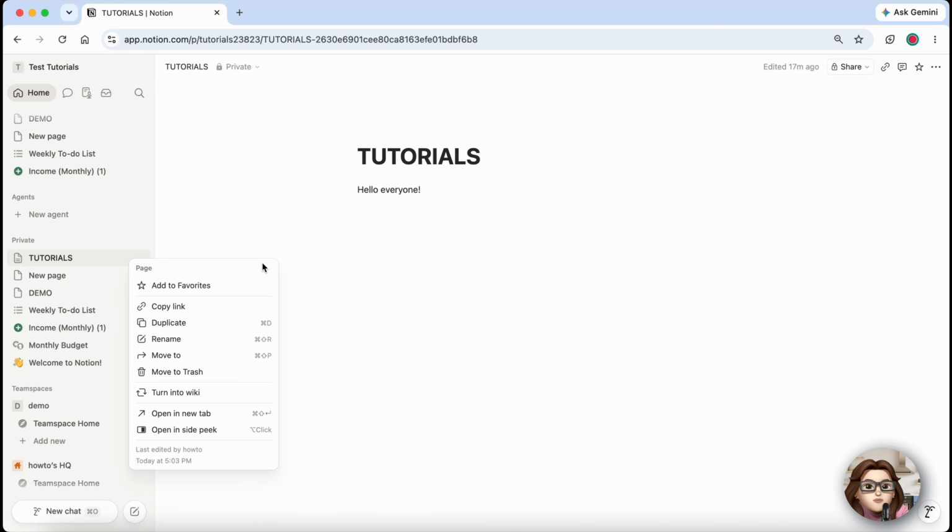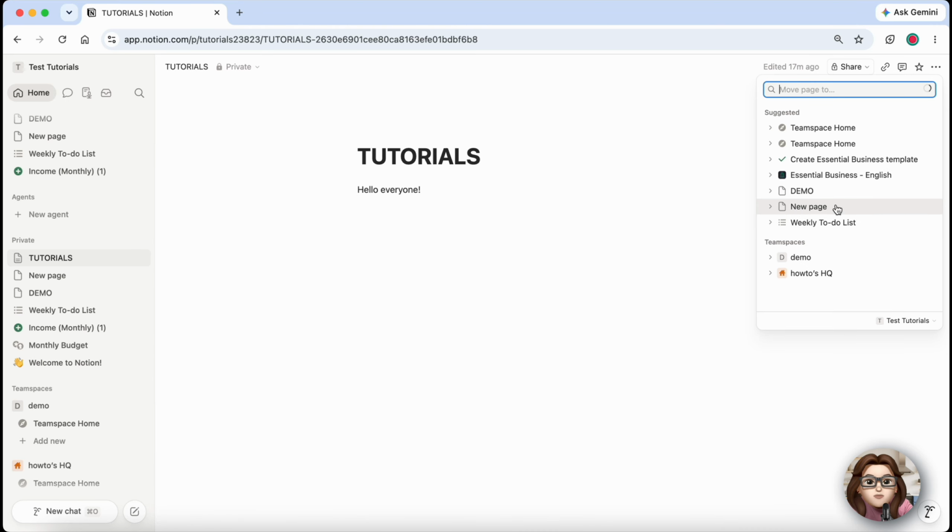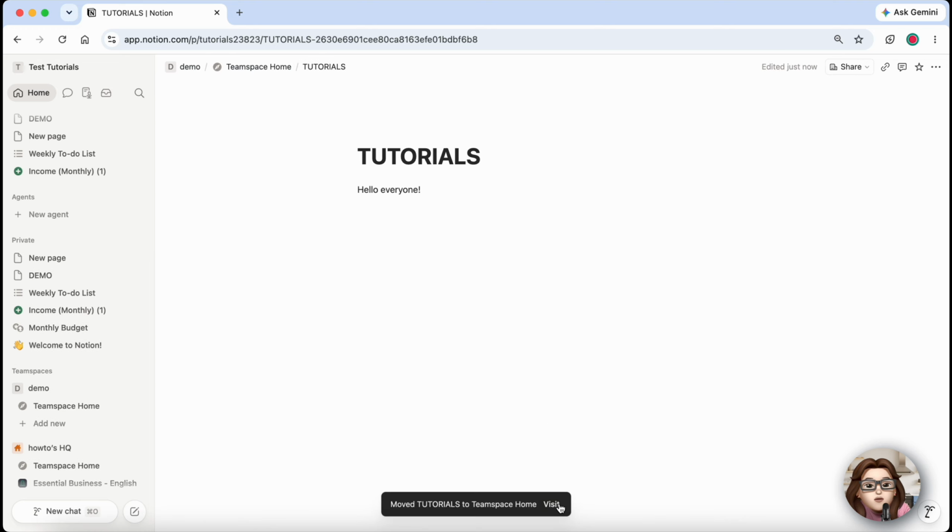Click the three-dot menu in the top right corner of the page, then select Move To. A menu will appear showing your available pages and workspaces. If you're a member of multiple workspaces, scroll through the list and select the destination workspace where you want the